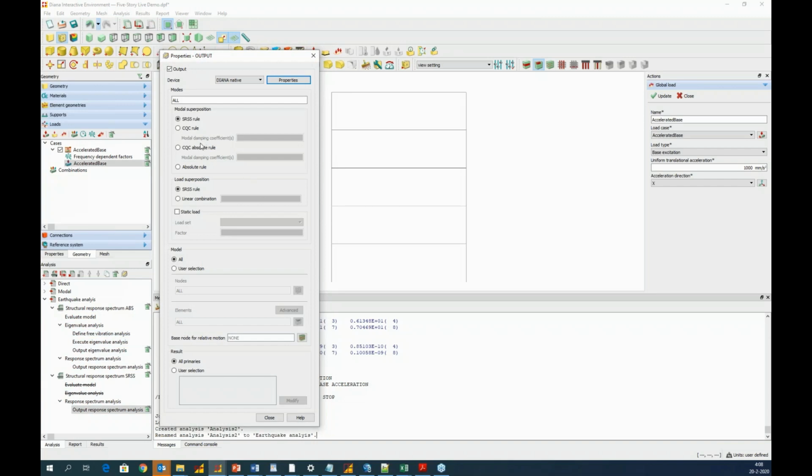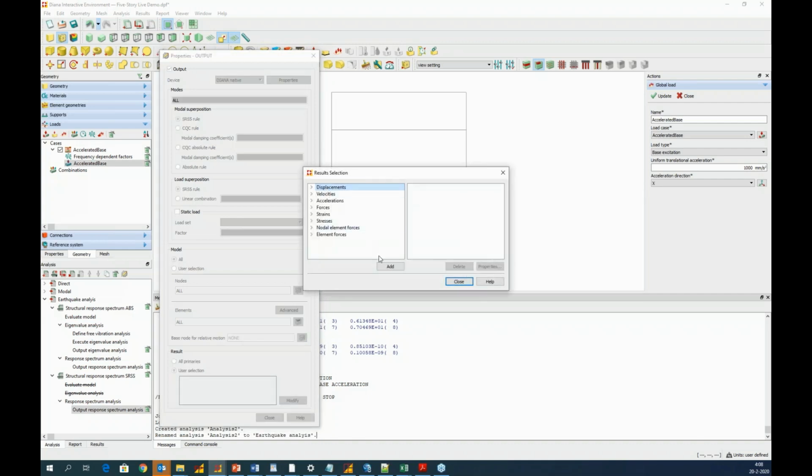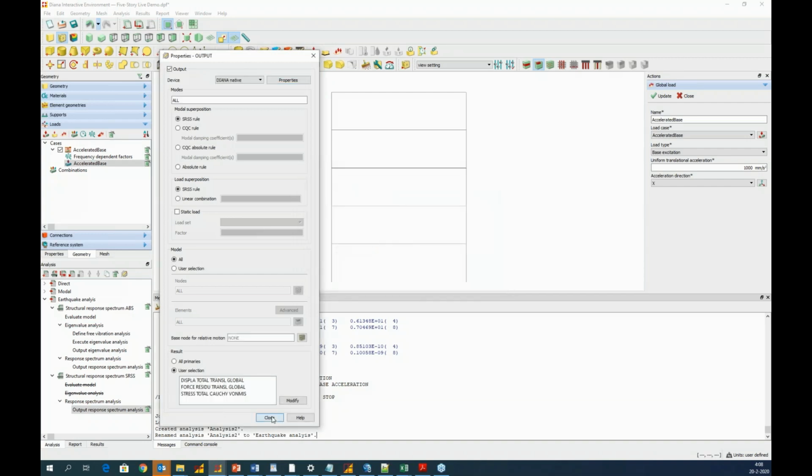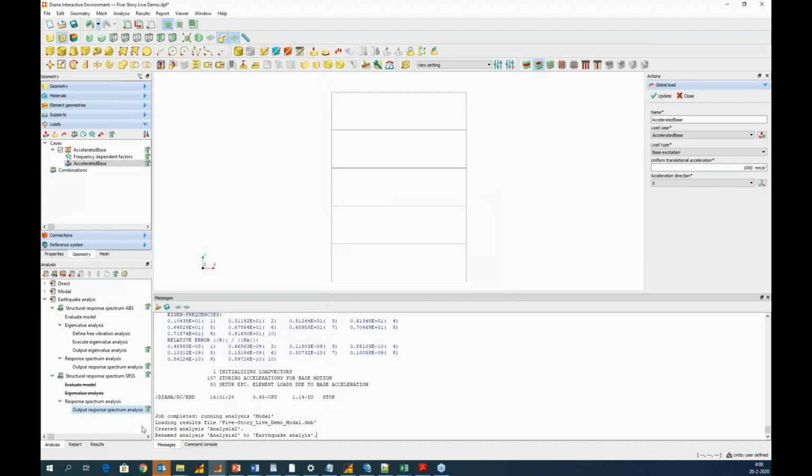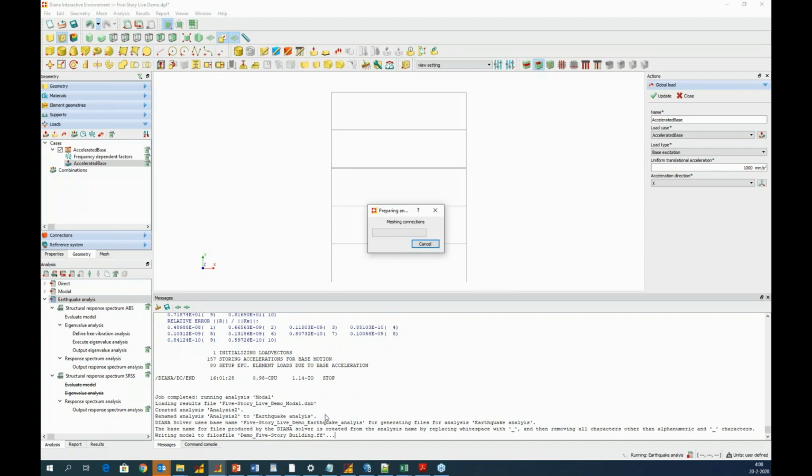And here it will be based on the SRSS rule. And I add the displacement, the residual force, and the stress. And we are done. So the setup of my third analysis is done. I can now perform the analysis.